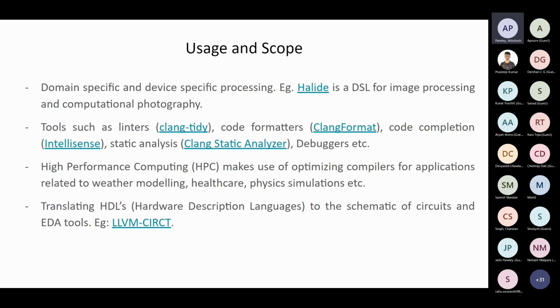Then one very major use of optimizing compilers, that is, compilers that are specifically built with optimizations in mind, is high performance computing applications. So there's stuff like weather modeling, where you have applications like ECMWF or CESM. These applications require terabytes of RAM to run and can scale up to 32 cores, 64 cores, and more, because those simulations are really big. So optimizing compilers make a big appearance here.